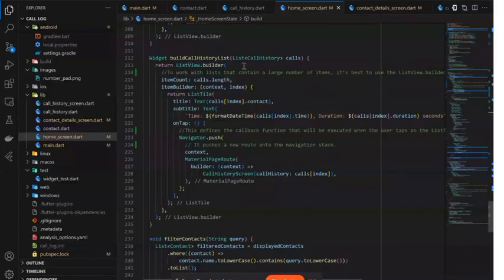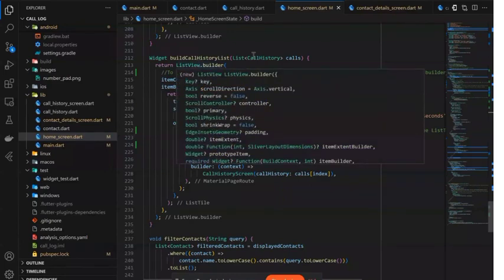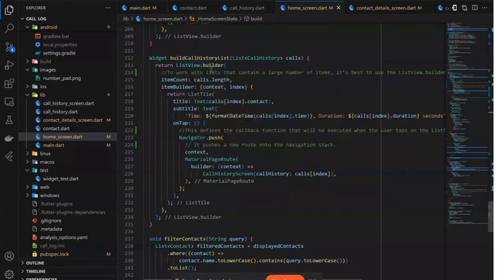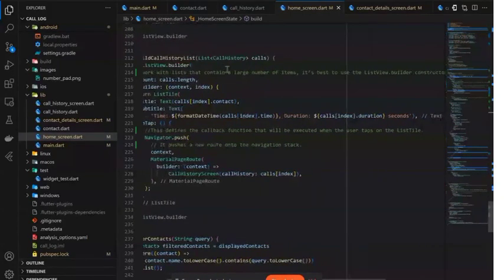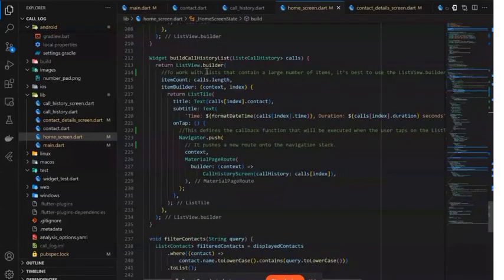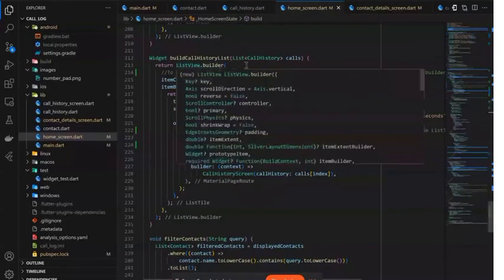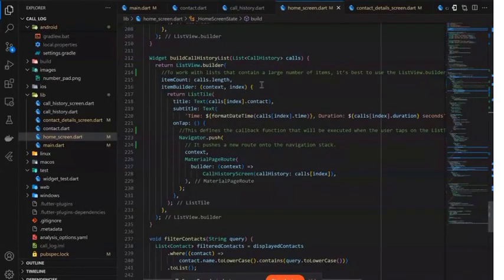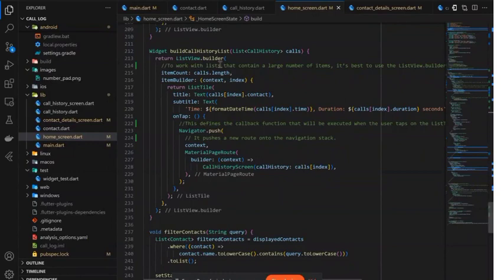ListView works with a small list, but ListView.builder works with a list that contains a large number of items. It's best to use the ListView.builder constructor for large lists. ListView is for a small number of items, but ListView.builder is for a large number of items. And inside the ListView.builder widget, we are using the itemCount, where we count the items,